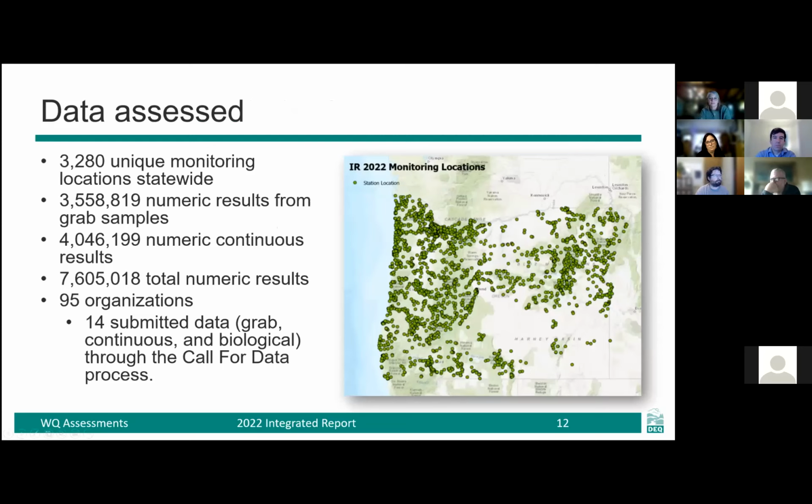For the 2022 integrated report, we assessed data for the period of record from January 1st, 2016 through December 31st, 2020.